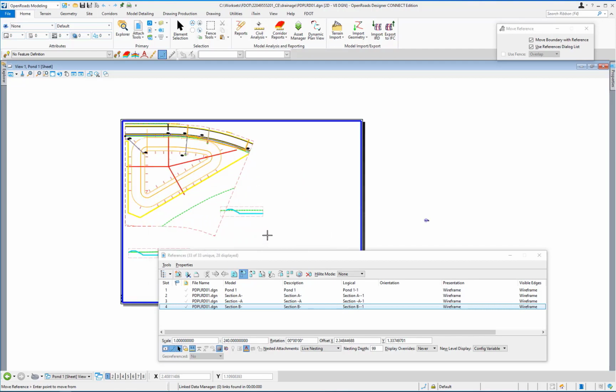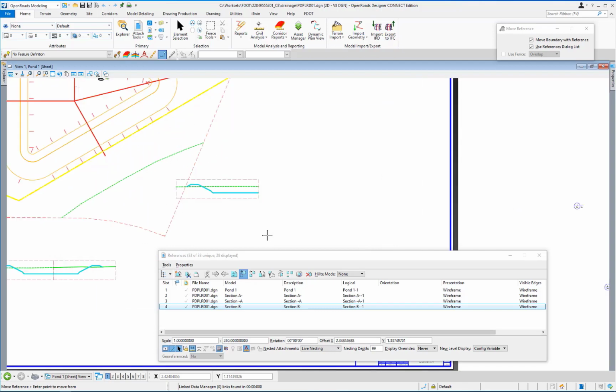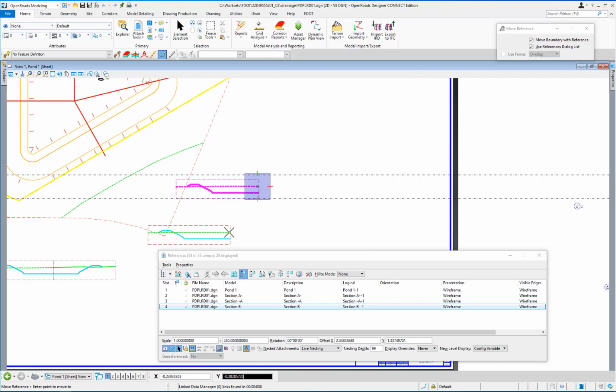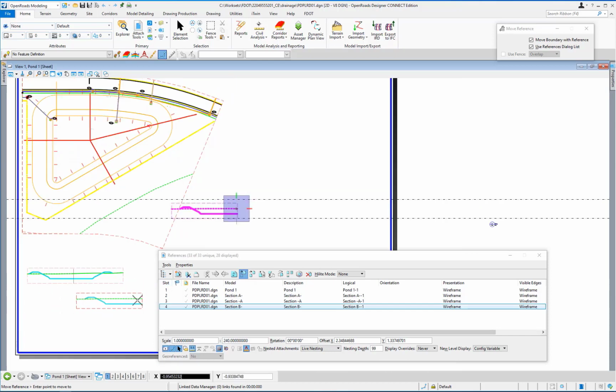Snap to and left-click on the end of the green existing ground line. Move the section below the other two sections and try to align the leftmost side of it with the leftmost side of the section A-.